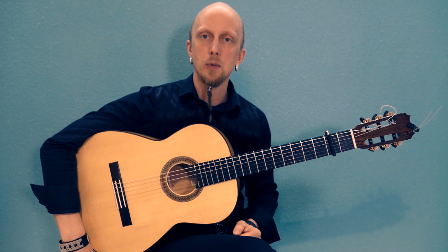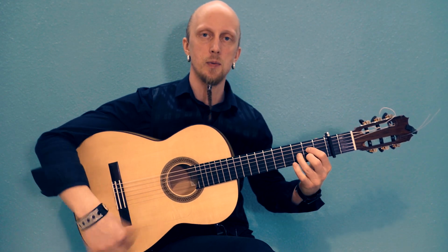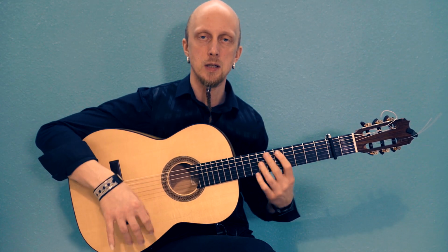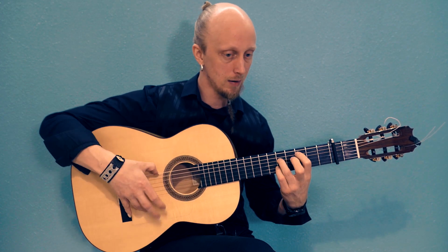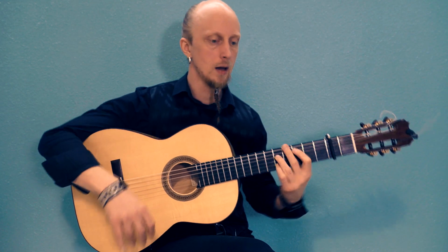And a couple of tips at the end: when you change from here to the remate, this is called remate or cierre, and if you have difficulties changing your fingers here, like this,